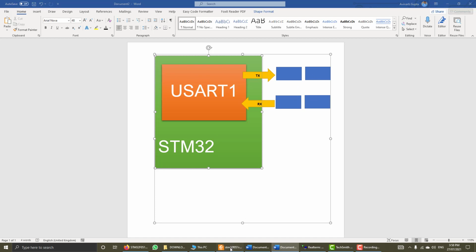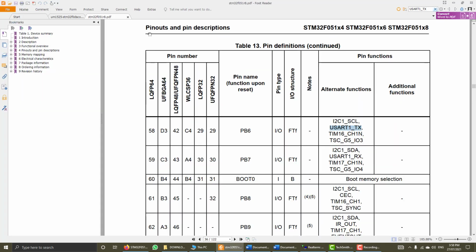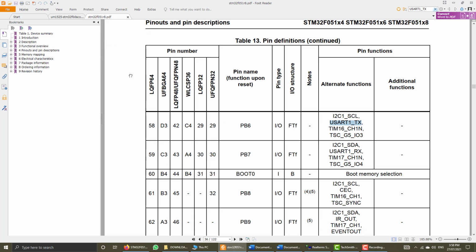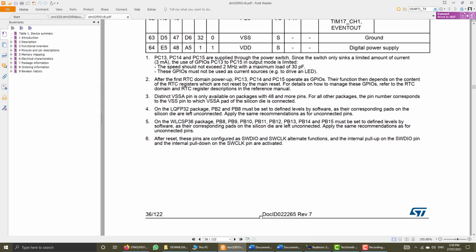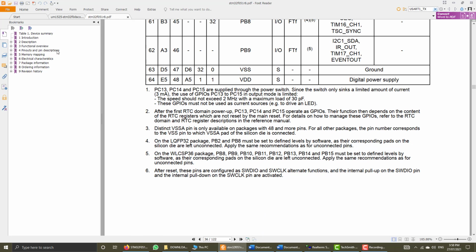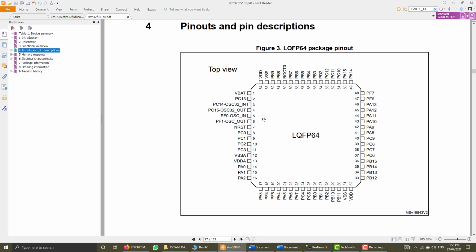So again we will go to the data sheet of this microcontroller, and the document number is this, DOCID 02265. This document you have to Google and download and then open, and then we have to go to the pinout and description section. These are the GPIO pins, PC6, PC7, PA8, and we have to find on which GPIO pin the signals from USART1 are available.